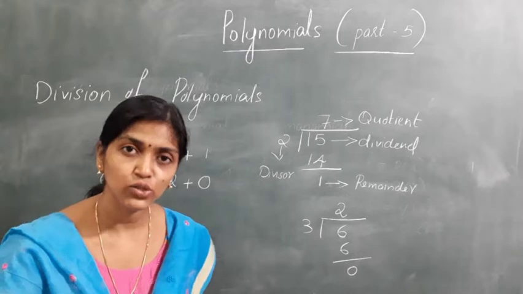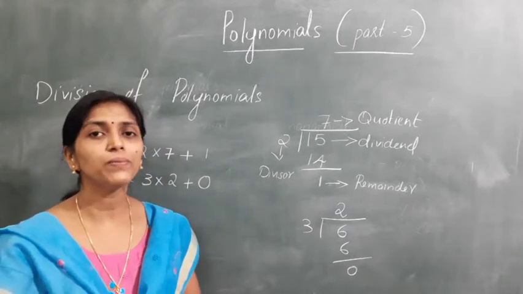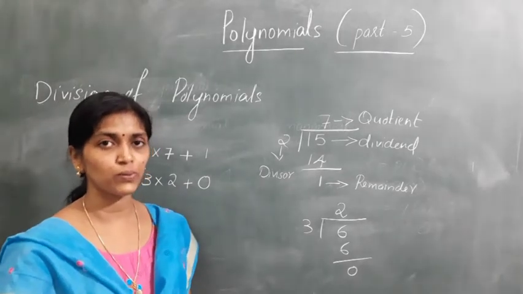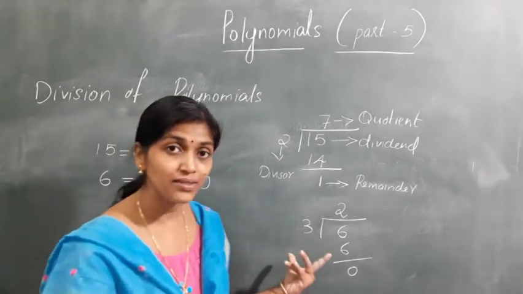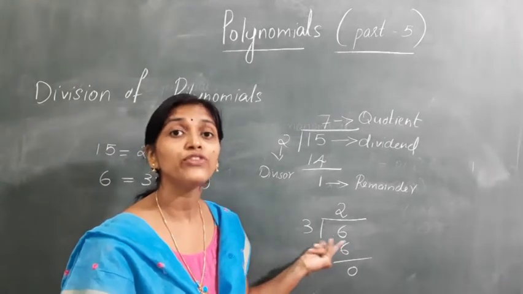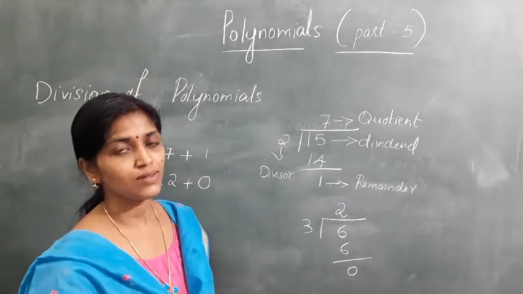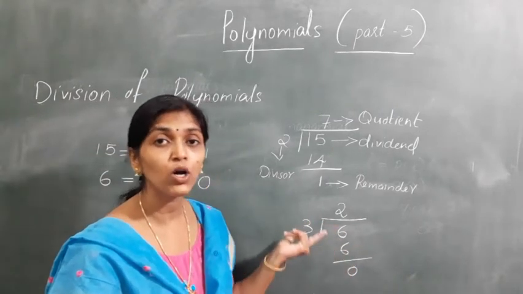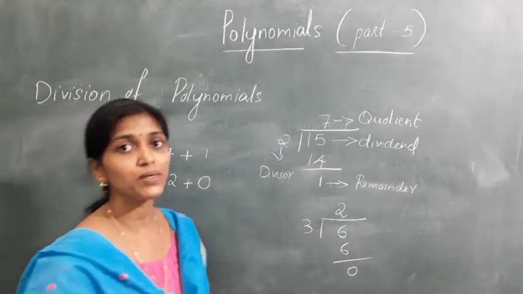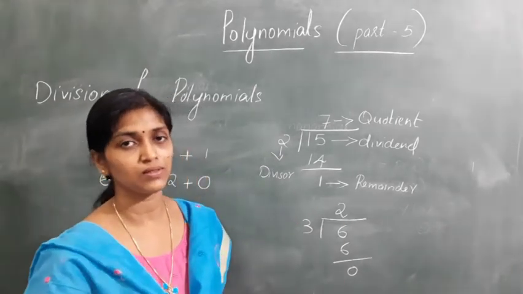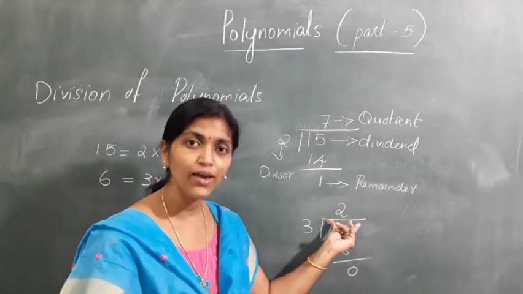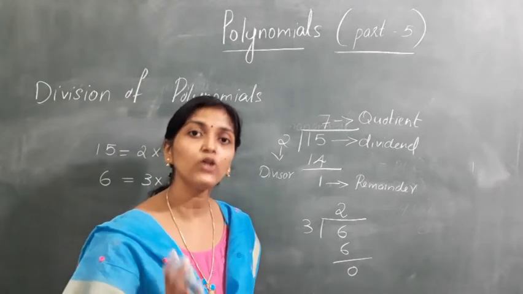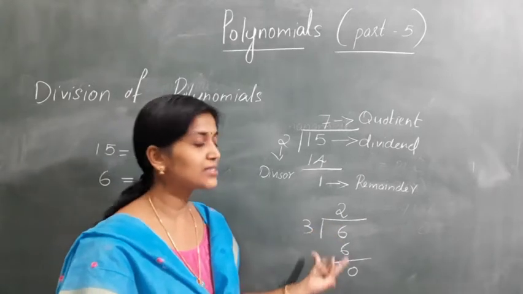We know that when we get the remainder as 0, there is something we studied in the lower classes. What can we say? You can say 3 is a factor of 6, and again 6 is a multiple of 3. Also we can say something about the quotient. The quotient, that is 2, is a factor of 6, and also 6 is a multiple of 2. All these we can say in this case.